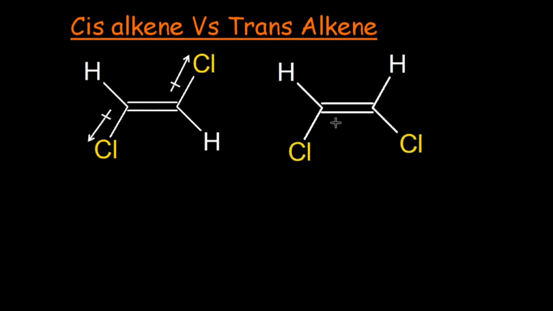While in the case of cis alkene, where two identical or similar atoms are at adjacent positions, the direction of dipole will be downward. Both are increasing the dipole moment of the cis alkene. The individual dipole moments are increasing the dipole moment of the whole molecule. This is the reason trans alkene is non-polar as a whole and the cis alkene is polar, having a dipole moment of 1.09 debye.